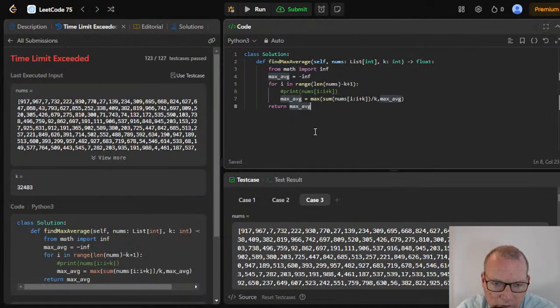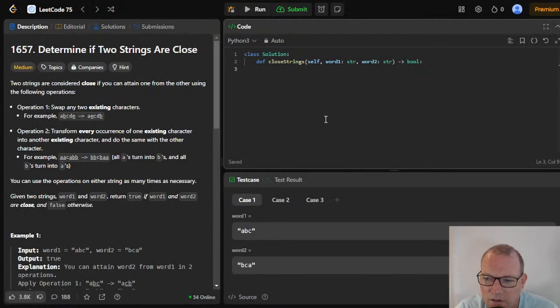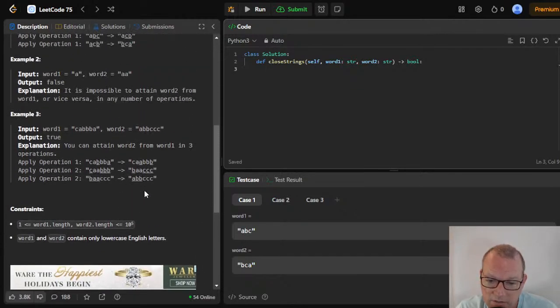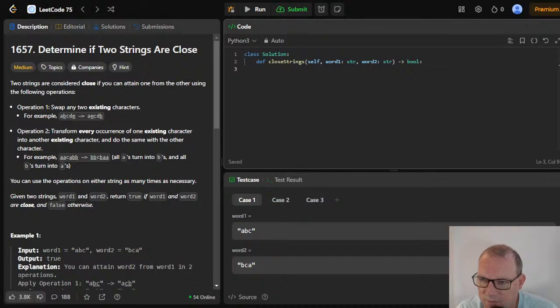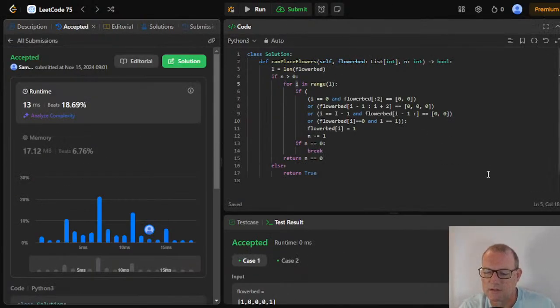Or are you back at what is this one? Maximum average. Oh, close strings. So far, 147 got correct. Okay. All right. Let's see. So you're knocking that one out? All right. That's very impressive because I don't even think my brain's going to be able to handle that one today. All right, let's optimize this and see if we can get this faster than